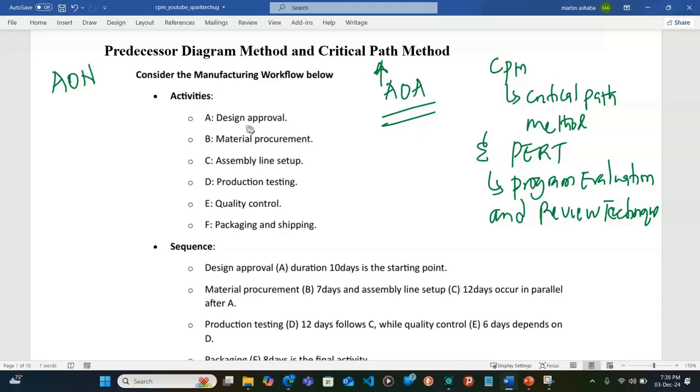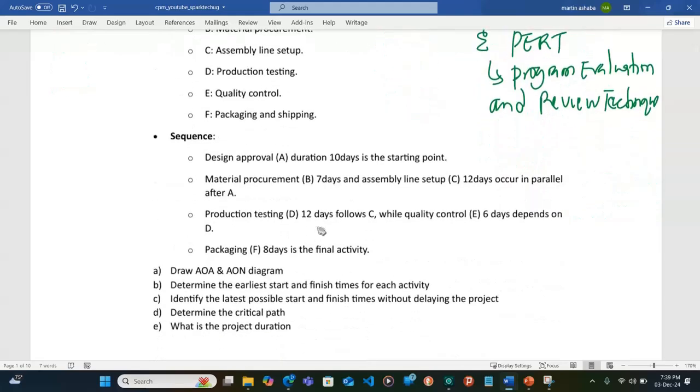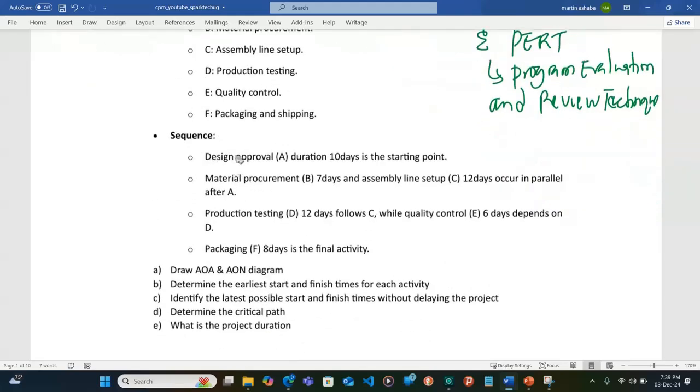So consider the following workflow below. Activities, you have A, design approval, material procurement, assembly, up to packaging and shipping. Then we are given the sequences. So that means A is the starting point and B follows A, meaning that also C follows B. Then we have production following C. We are told that D follows C, and then E, quality control, depends on D, and then packaging is